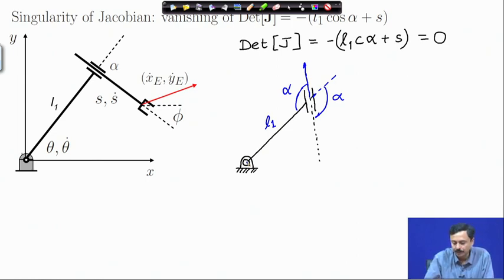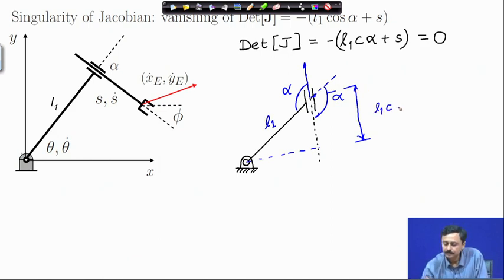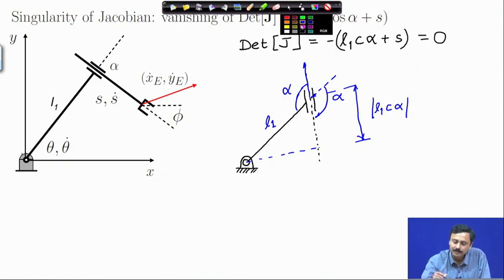So, this has negative projection, and this is the projection. This is the magnitude of it. And that must be equal to S,